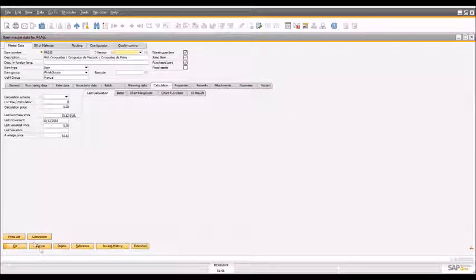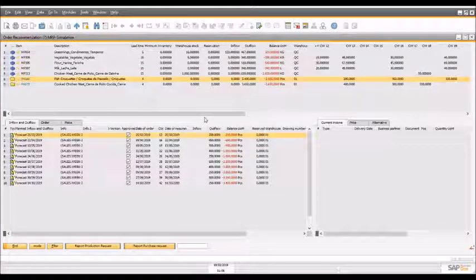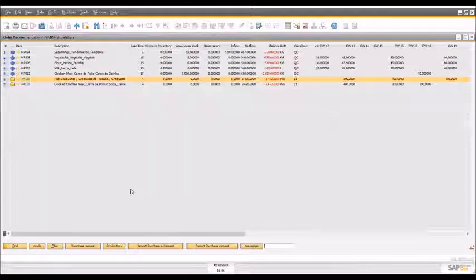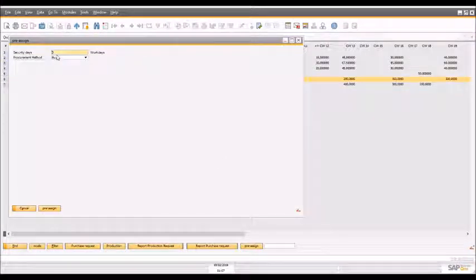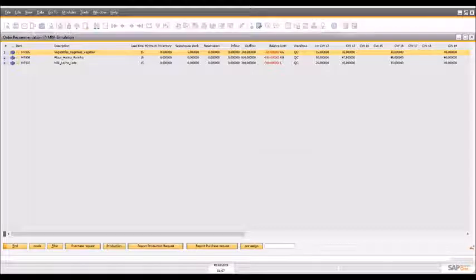Now coming back into the MRP, we need to calculate for a specific range of days how much we need to purchase of materials and how much we need to produce. We can do this in a very simple way by clicking on Mode, clicking on Pre-assign, and then determining for how many days we need to purchase or produce materials. Let's say that I want to purchase and produce materials for the next 21 days. I can type in 21 in here, click on Pre-assign, and then as I have selected Purchase, the system will